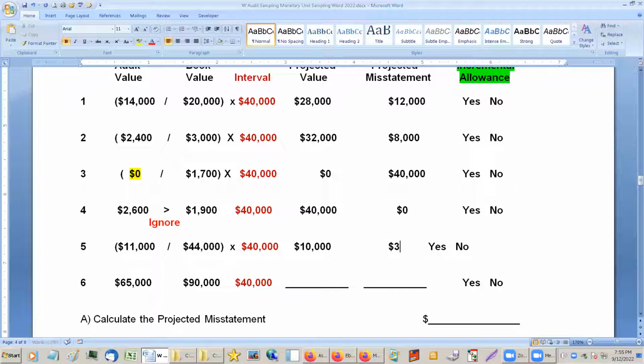Nope, it was 30,000. So if we were to do the same thing we've been doing before for these up here, we'd run into this. The misstatement would have been 30,000. Here's the problem. The actual misstatement is, so we know it's off by,